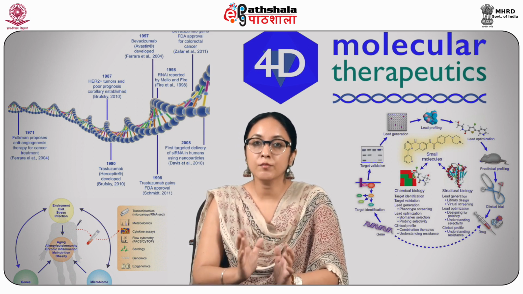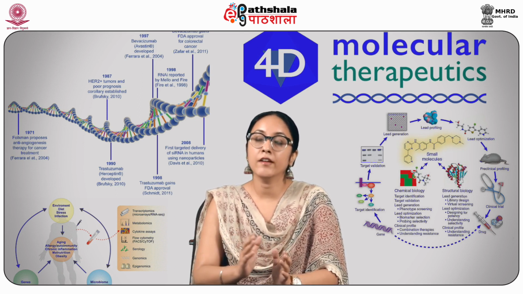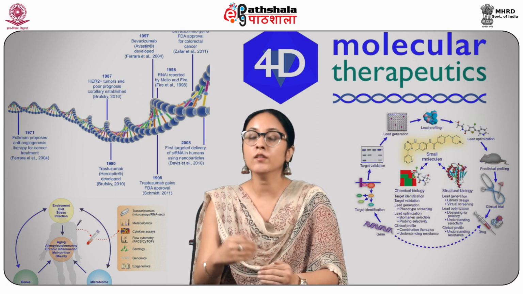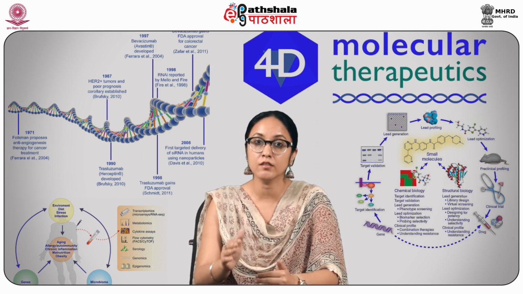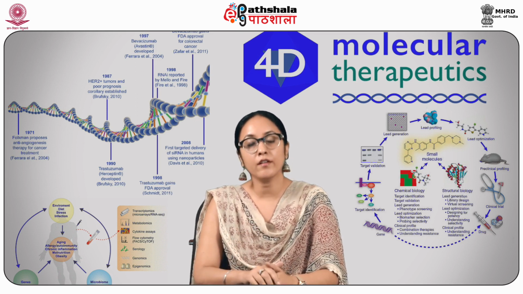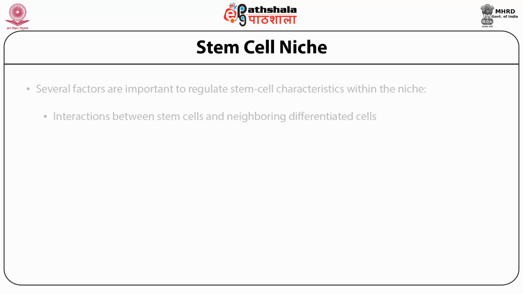So basically, the stem cell niche tells the cell when to divide and when not to divide. That means it not only gives the signals for the stem cells to proliferate, but it also gives the signals to remain quiescent or inactive. This stem cell niche refers to the anatomical and functional location of these stem cells, where interactions of the stem